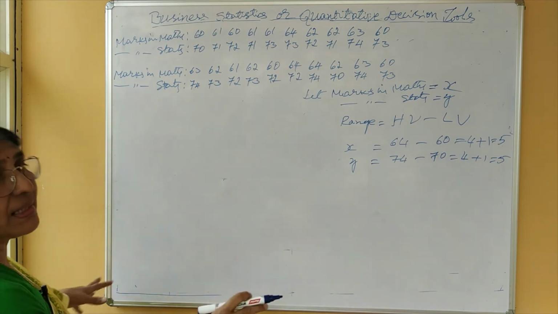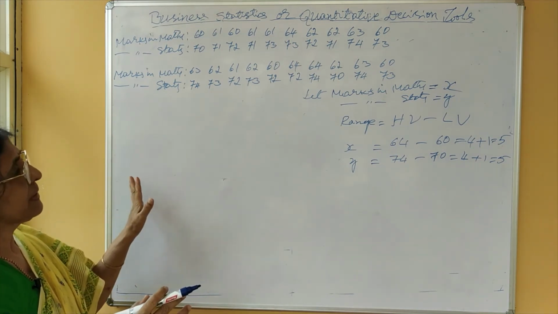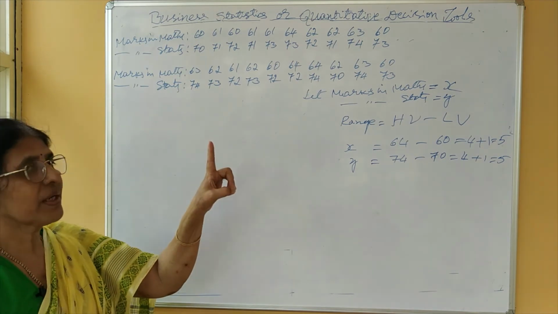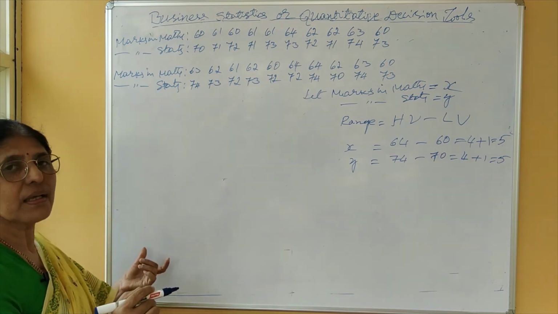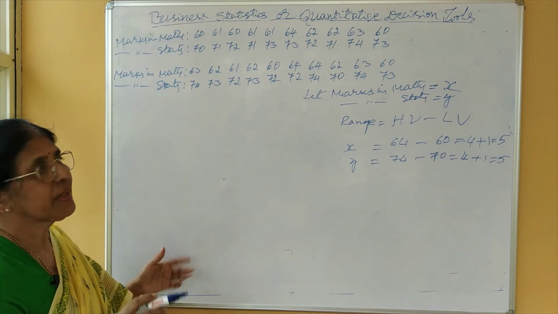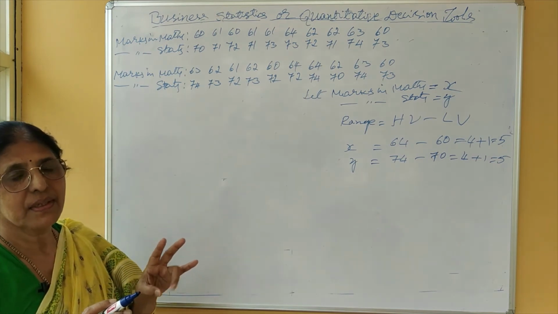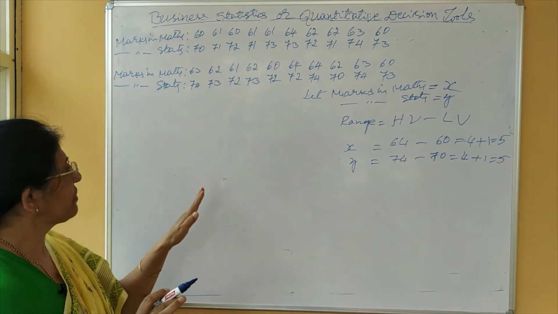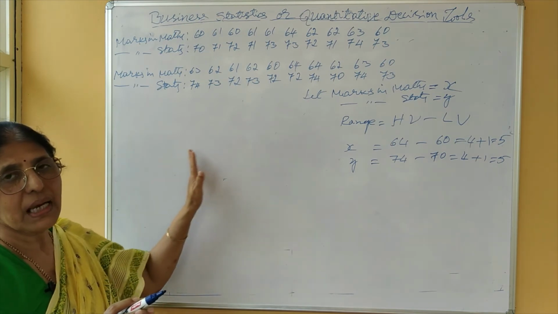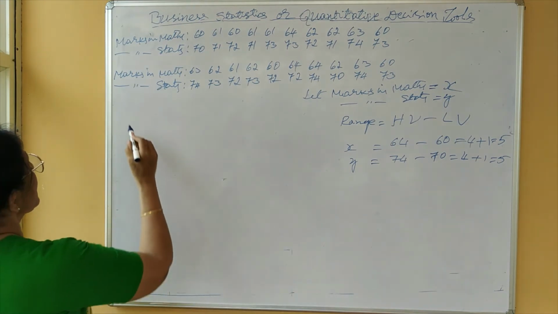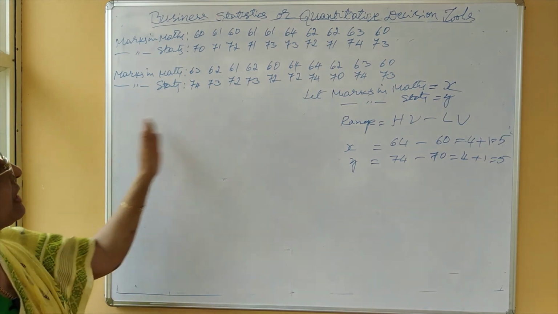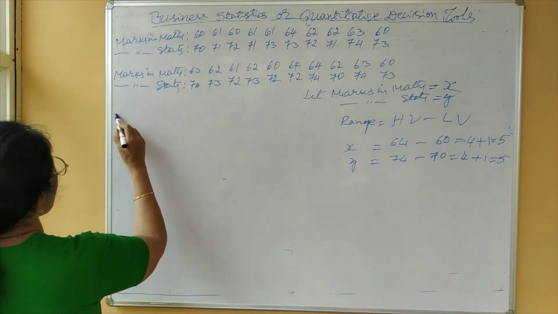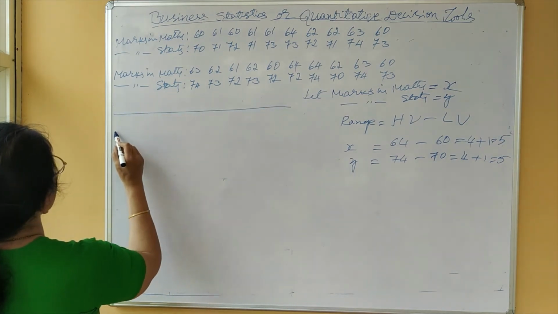Now here the table is the same. Means in case of univariate frequency distribution, only one variable will be given. Therefore we take the variable to columns. But here two variables are given. Therefore we have to accommodate both the variables in the same table. Hence we have to take one variable to columns and another variable to rows. Means it will be like this. Here I think I need not give again the heading discrete frequency distribution table, that is known to you. I am just starting from the table. We take like this.